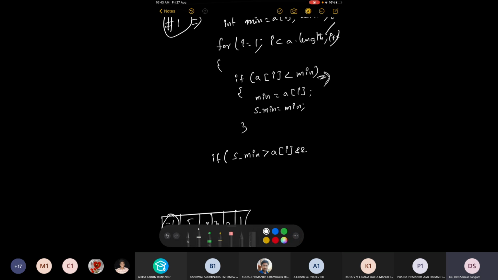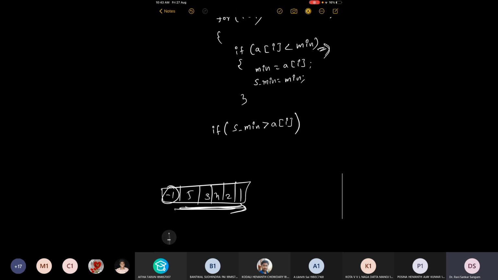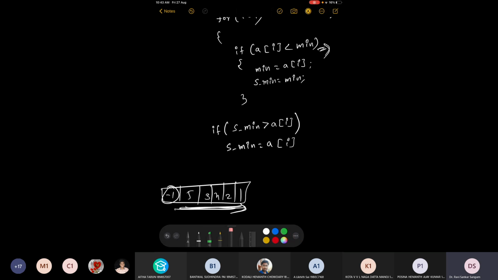See, I'm just keep on adding conditions so that you guys will understand. Okay, S minimum equal to A of I. Here we need to add one more condition also.